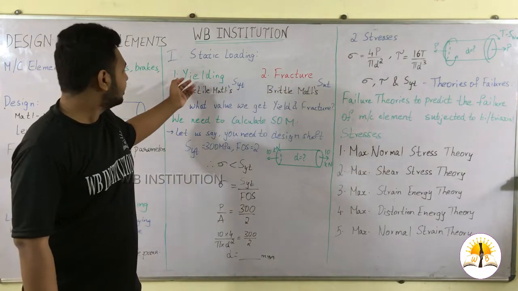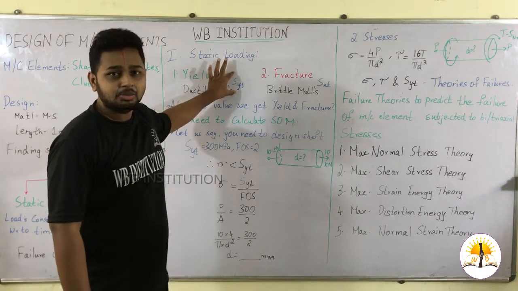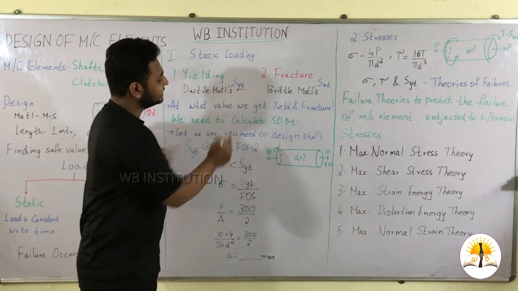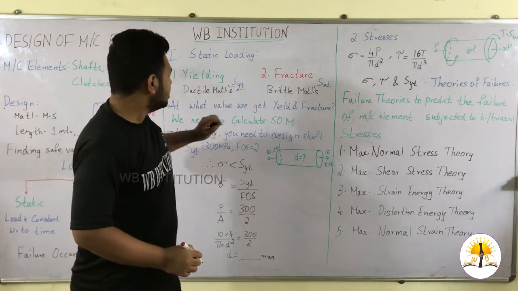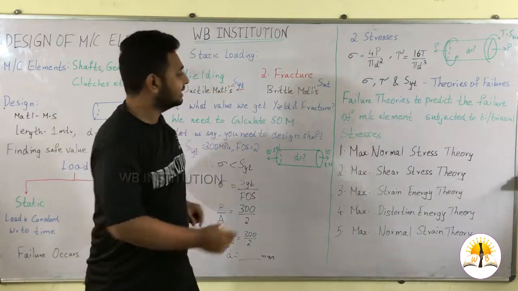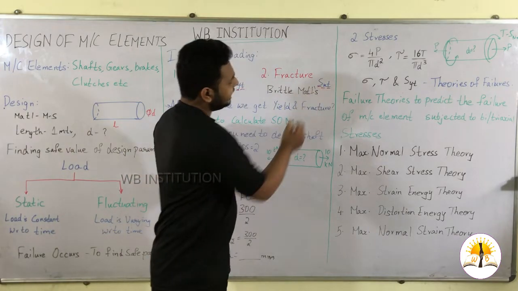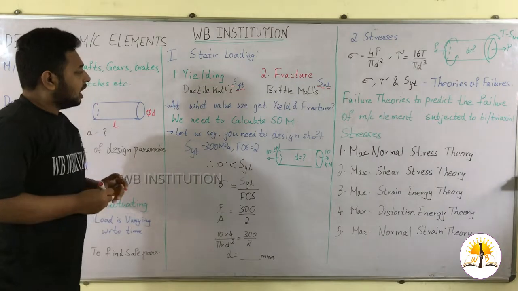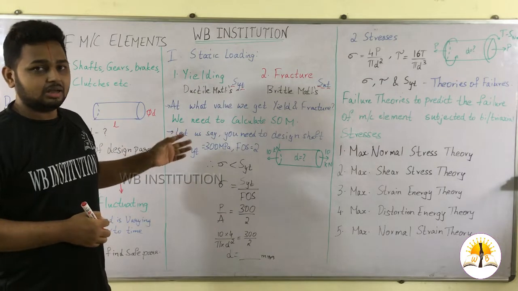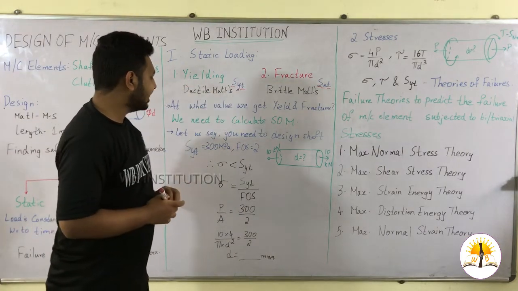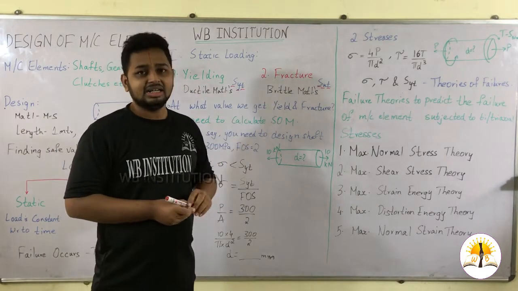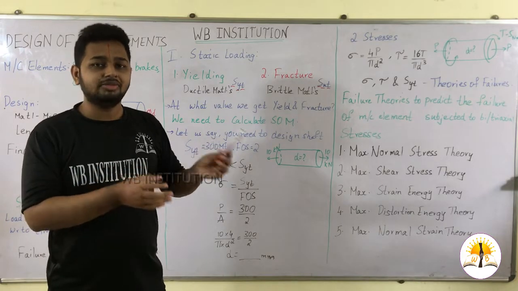In yielding, we get the yield point SYT. S is strength, Y is yielding and T is the tensile force applied on the body. In the case of fracture for brittle materials, the ultimate load will be given, that is the ultimate strength in tension load. So at what value do we get fracture and yielding? We need to calculate for either brittle or ductile materials. At what value we get yield or fracture, we have to calculate the strength of the material.